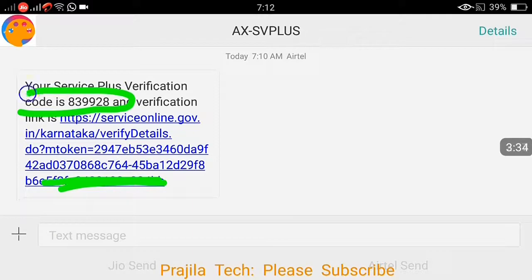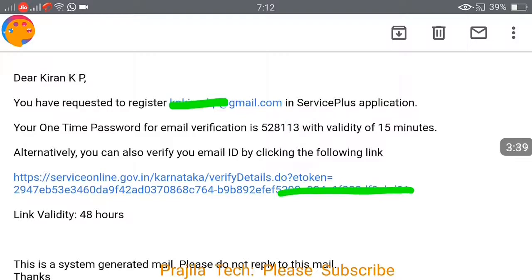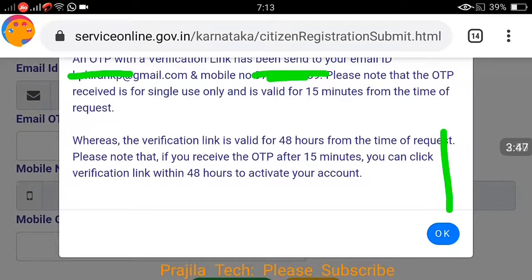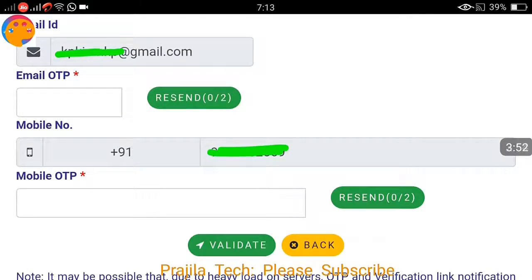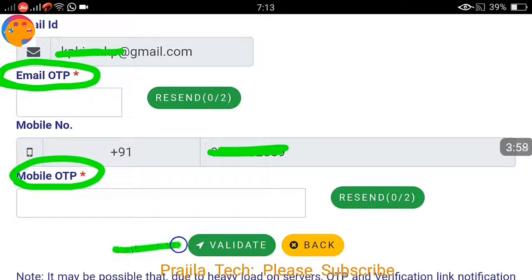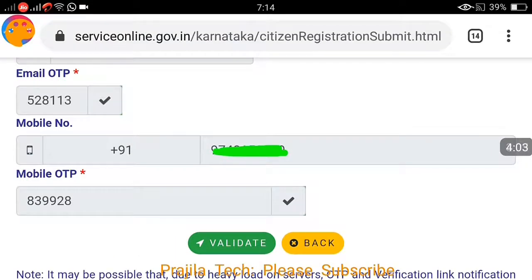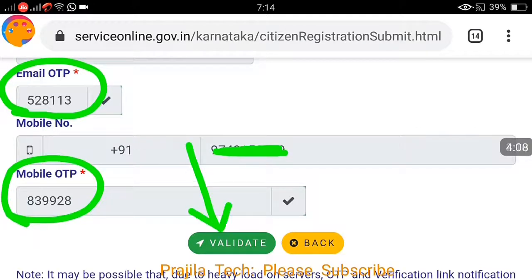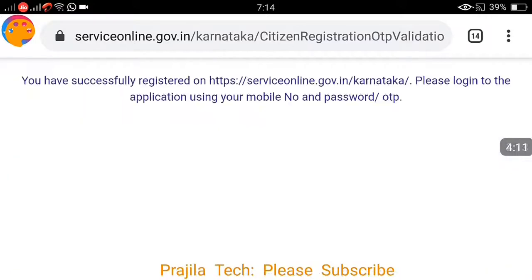See, I received a link. I can click on the link and activate it, or I can note down the number I received through email; you will receive it through both email as well as SMS. Now you click on the OK button here. There was a message saying that it is sent. You are supposed to enter both. The email OTP is important, and the mobile number OTP is also important. Without that you are not going to get validated. So I entered the email OTP here, and also the mobile OTP. If the screen times out, you can click on the link you received in the email.